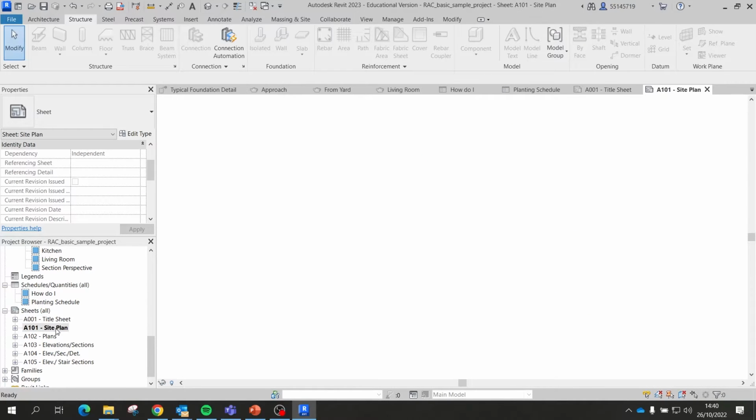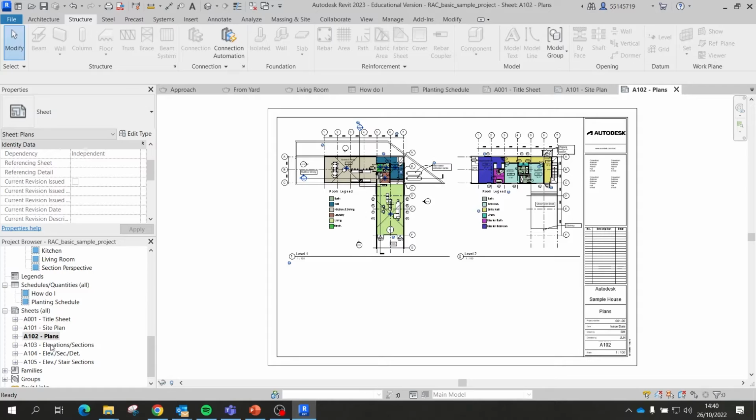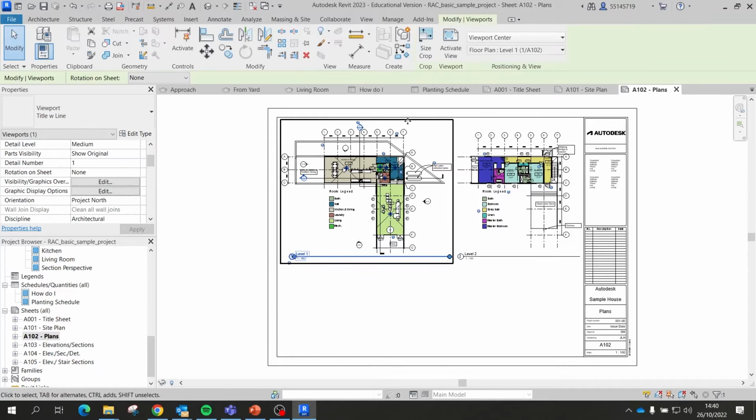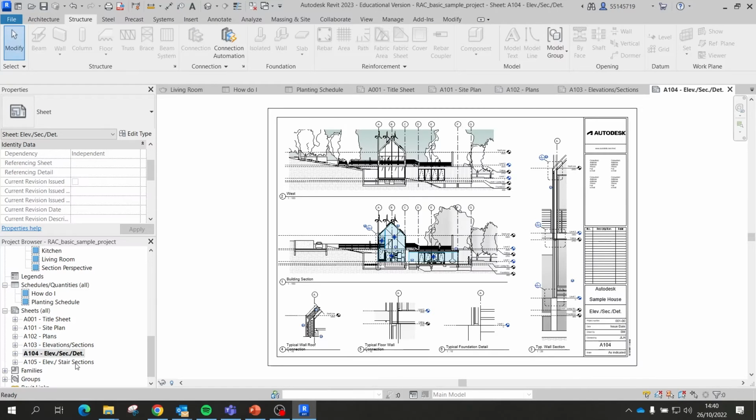Okay, site plan with a bit of solar analysis. The plans, right? What we opened before. So before we were on the active view. Now we are looking at the view being placed on a board. Elevation and sections, details,